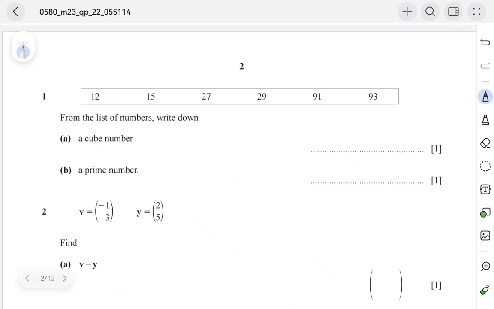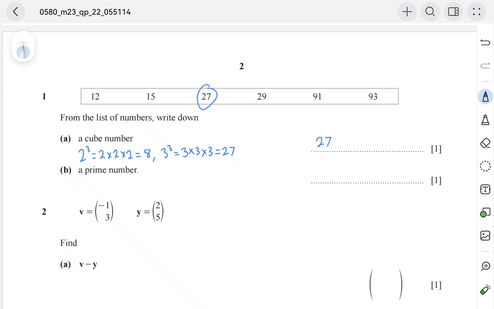A cube number is the product of a number multiplied by itself 3 times. For example, 2 cubed is equal to 2 times 2 times 2, which is equal to 8. Similarly, 3 cubed is equal to 3 times 3 times 3, which is equal to 27. And if you look at the numbers given to us, 27 is one of them, which makes it the answer